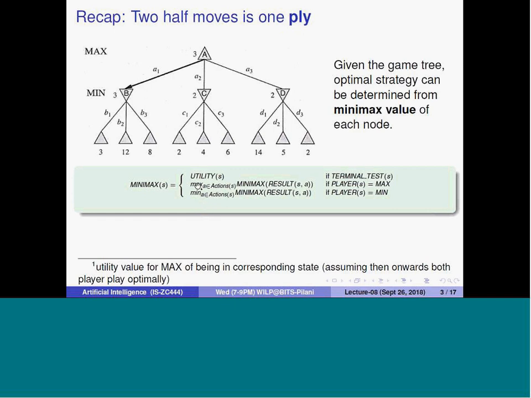Sorry, it is a typing mistake. It will be argmax. I have written max, but it should be argmax. So let me just note it down. There is a typing mistake in minimax, it should be argmax. We have discussed the argmax function earlier. Do you know the argmax function, or should I explain?